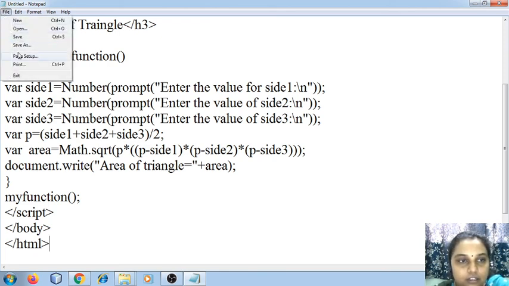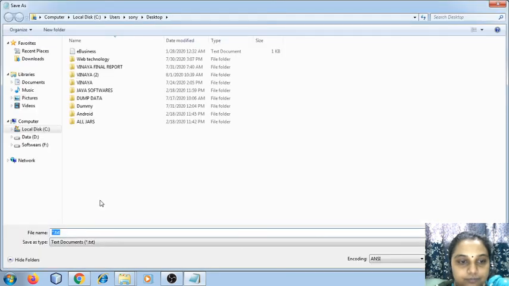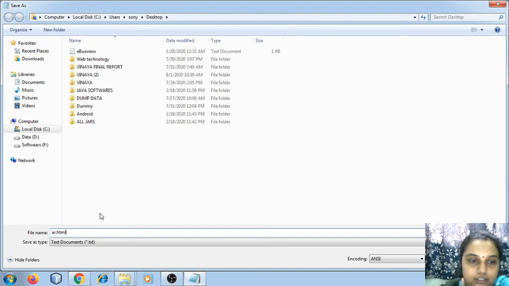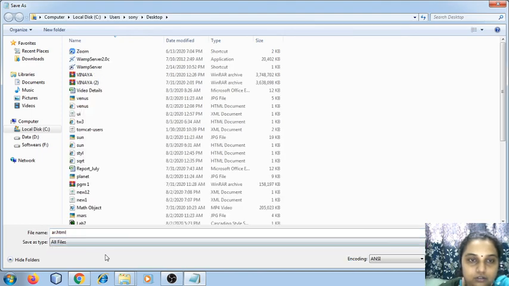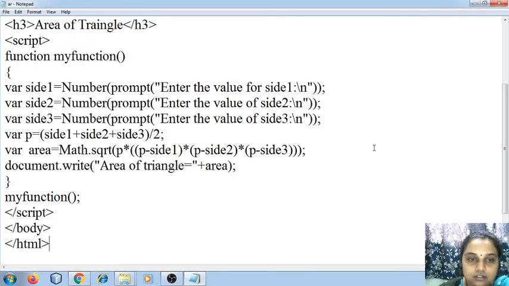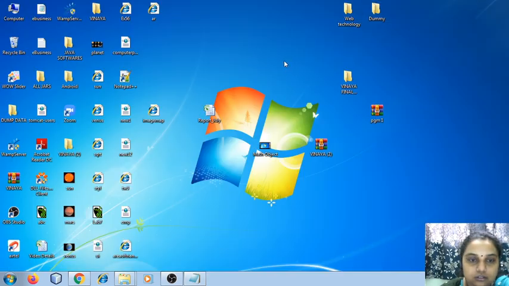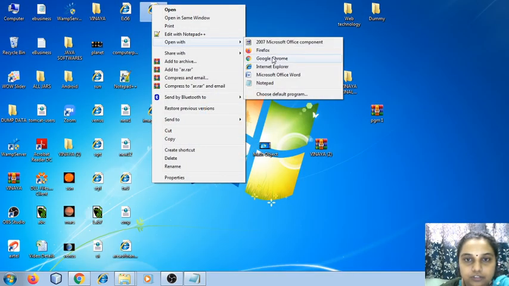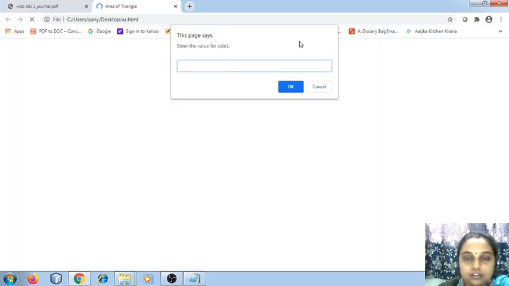File, save the HTML file, and run it. There is a prompt which says enter the value for side 1.